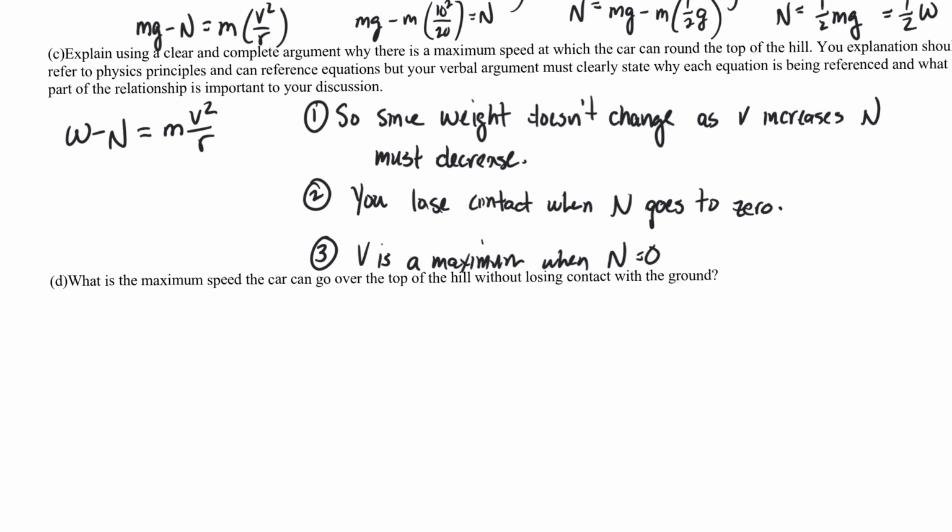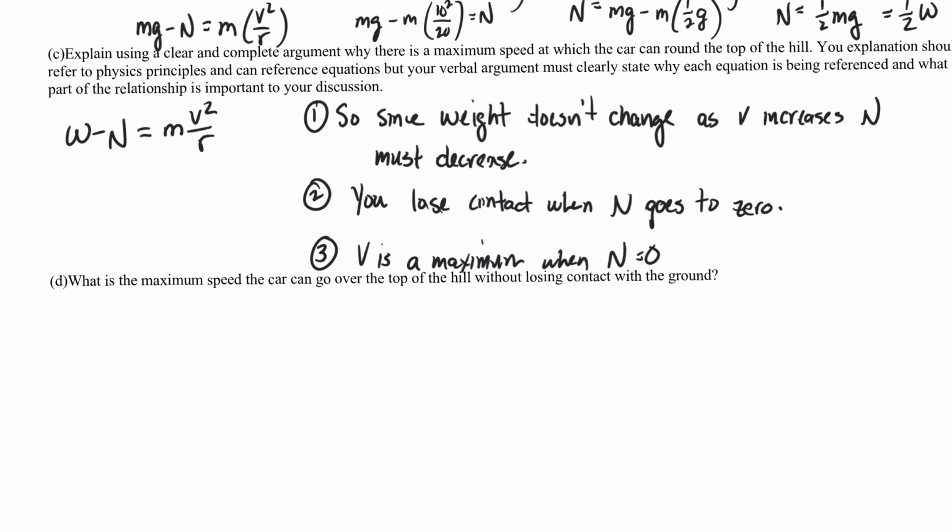I think you have to make all 3 points. I think there has to be acknowledgement that contact with the ground is based on having a normal force. I think there has to be an acknowledgement that there's a relationship between the normal force and the velocity. And I think you need to indicate clearly that your maximum for v is when the normal force is 0. Probably writing out is going to be one of the harder things you guys have to do on the test